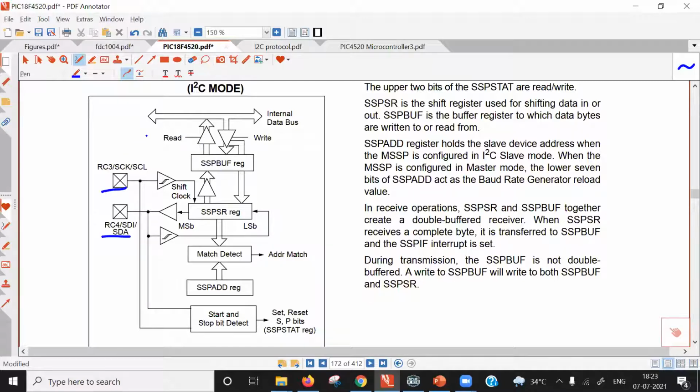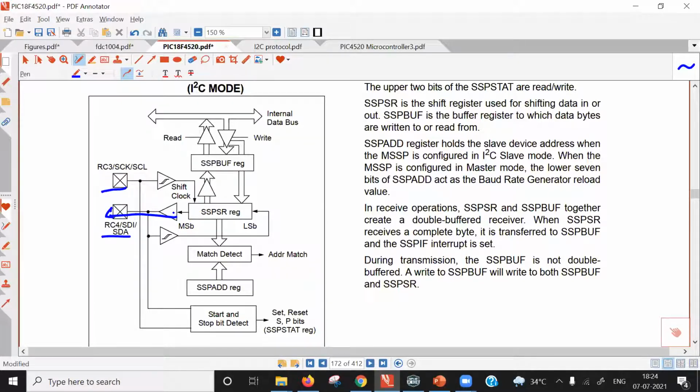Whenever we perform a write operation to the SSP buffer register, the same data is written in parallel to the SSPSR register. SSPSR means shift register, and you will see when data is shifted out, this buffer is used here. So MSB is shifted first on this data pin. In the transmitting mode, MSB is shifted first,